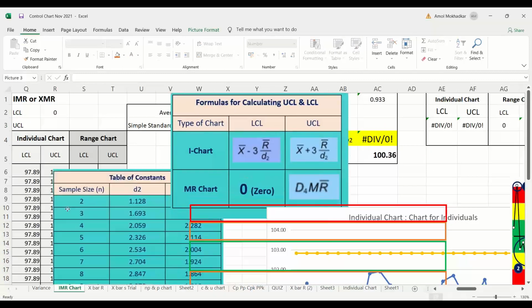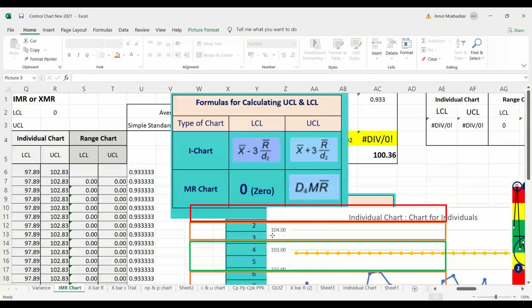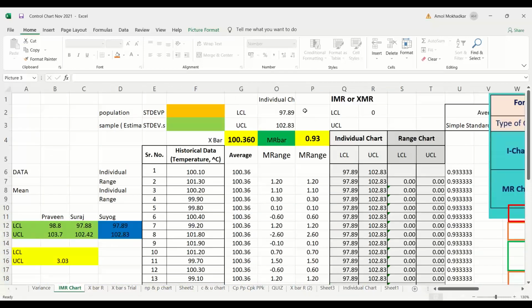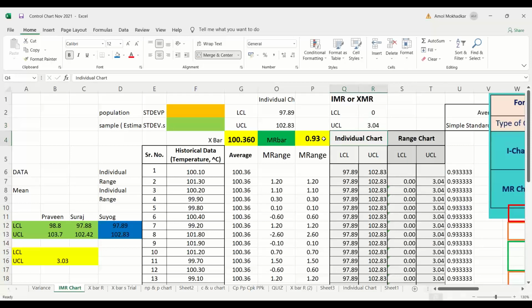The value of D4 is 3.268. So 3.268 into MR bar. Let me take 0.93. 3.04 is the answer. So 3.04 is the UCL and this is the LCL.